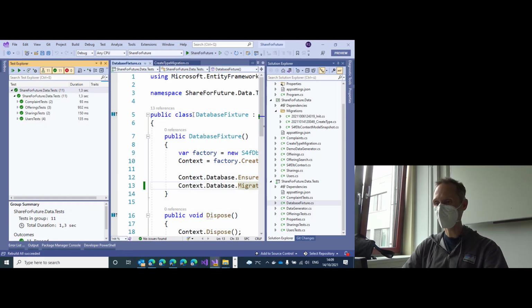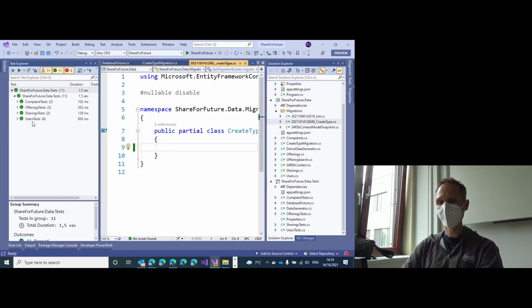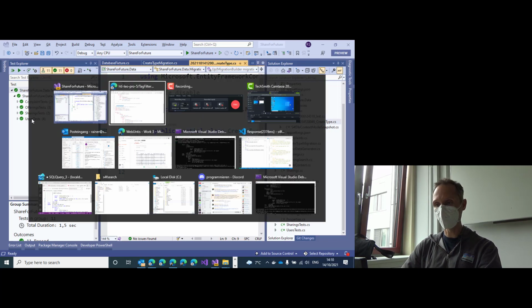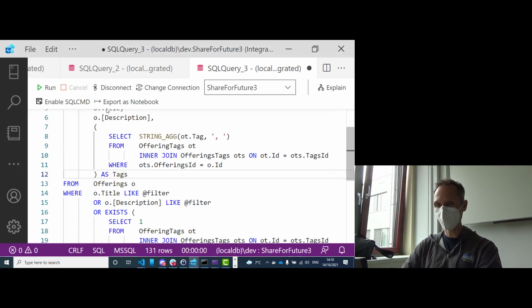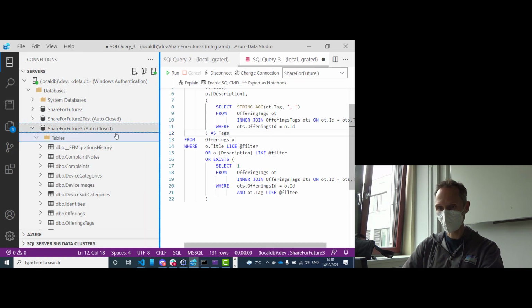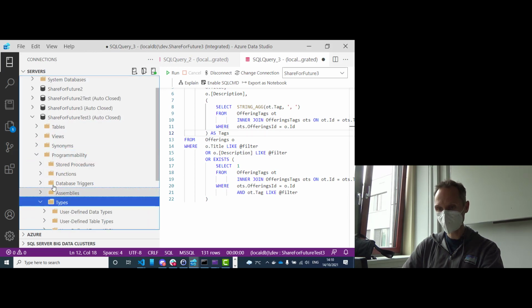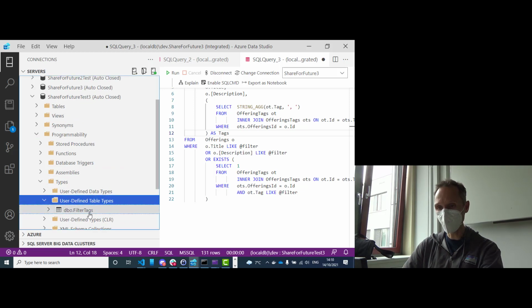And then the easiest way of trying whether you messed up or whether it works is, once it has successfully been built, run the unit tests. Let me quickly check if it works, and then I will come to you and we will take a look. You see, the database tests still work, and if I go into my Data Studio, let me quickly check. Here we have our test database, programmability, types, user-defined table types. Whoa, here it is, you see? This was exactly what I wanted to prove. The filter